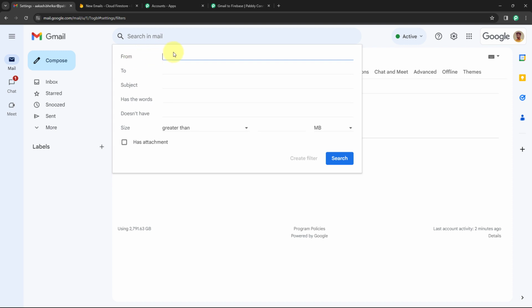Let's say you want to set up the filter for a specific email address, emails received from a specific email address or emails sent to a specific email address. Or you want to add a filter condition on the subject line or has word. Let's say I want to set up a filter condition on emails which have the word new lead